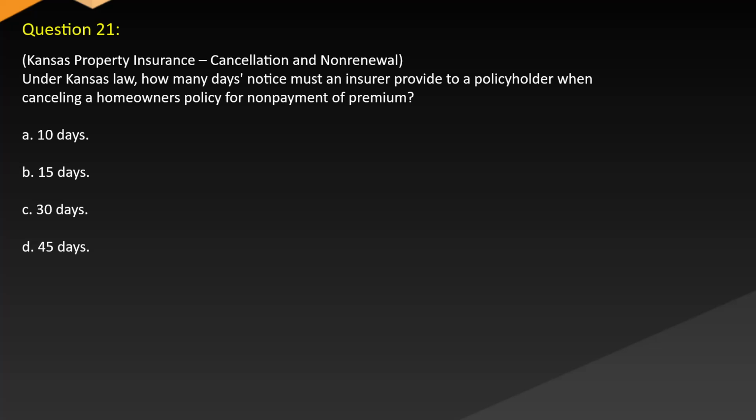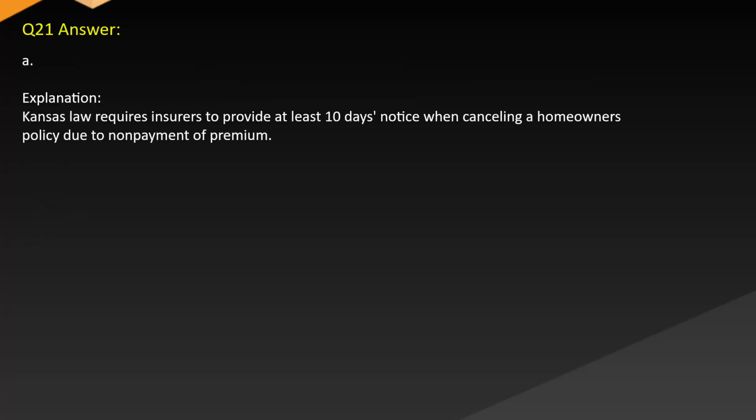Question 21. Kansas property insurance. Cancellation and non-renewal under Kansas law. How many days' notice must an insurer provide to a policyholder when cancelling a homeowners policy for non-payment of premium? A. 10 days. B. 15 days. C. 30 days. D. 45 days. Answer A. Explanation. Kansas law requires insurers to provide at least 10 days' notice when cancelling a homeowner's policy due